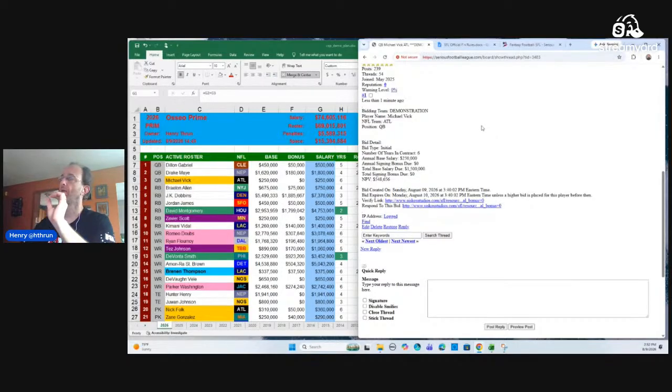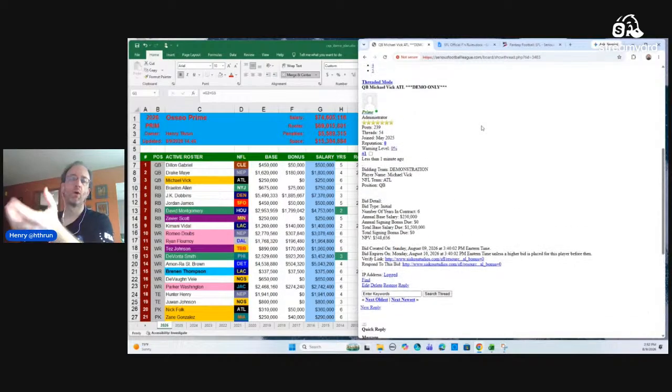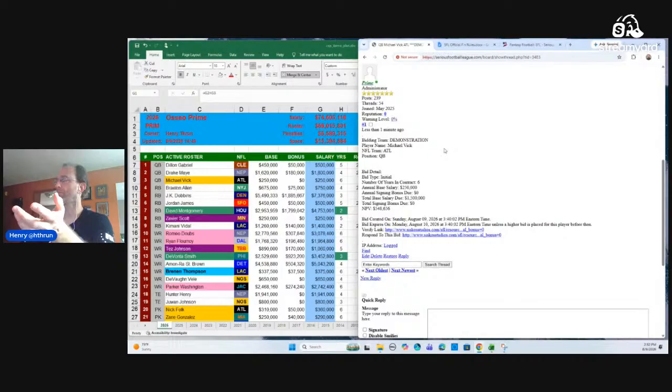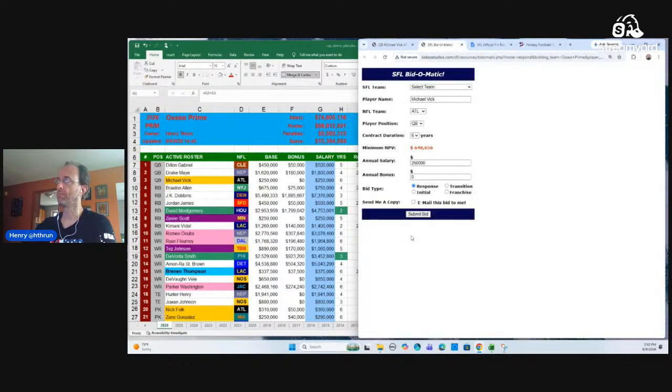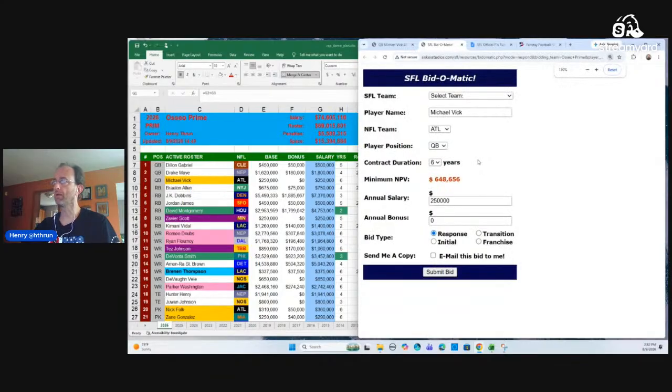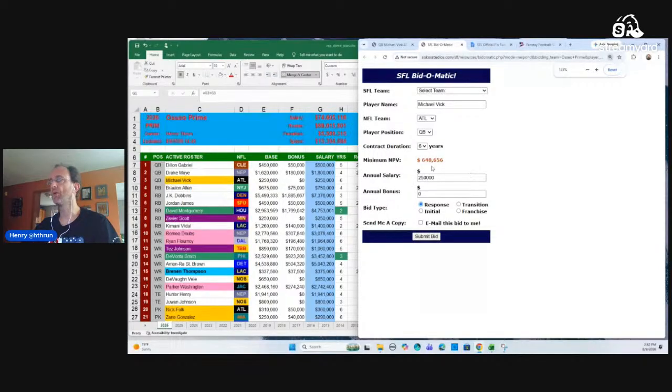But now let's say somebody comes along and they bid on him. So if there's a free agent you want to bid on that someone else already posted a bid like this, what you do is you go to the most recent post and you click on the link, respond to this bid. And see, it's the same O-Matic, but it fills in. Now the minimum NPV is higher. So in order